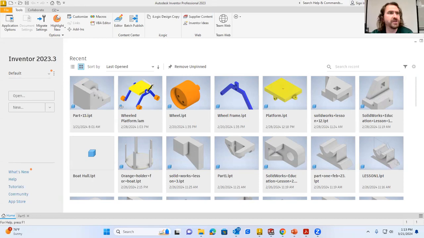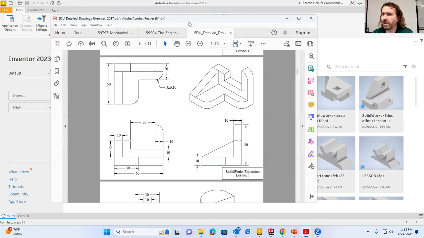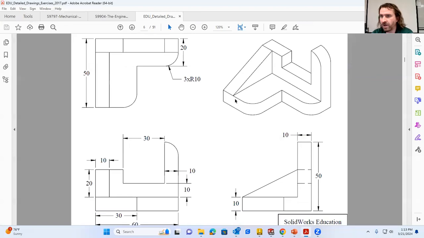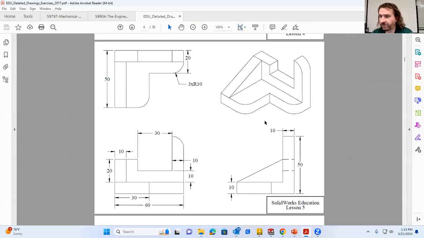Let's just jump in. So lesson 5 looks like this one here. Yep, this is lesson 5. I'm just double checking. We've got a lot more going on in this part than in some of the previous ones, if you've seen the other two videos in this series of tutorial part files and lessons. So when we look at this one, we're looking at the different views and getting a good starting